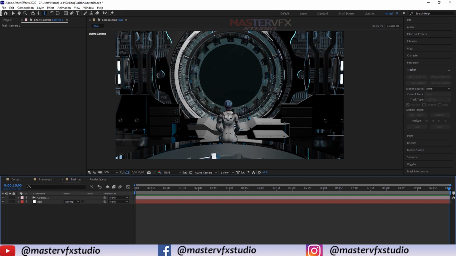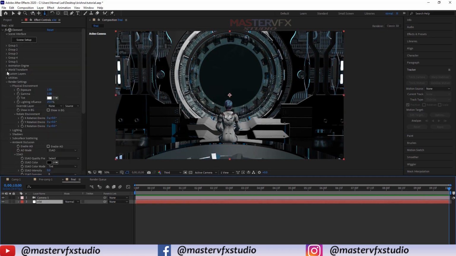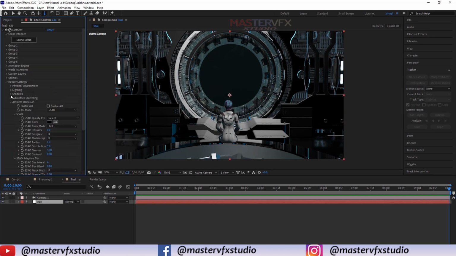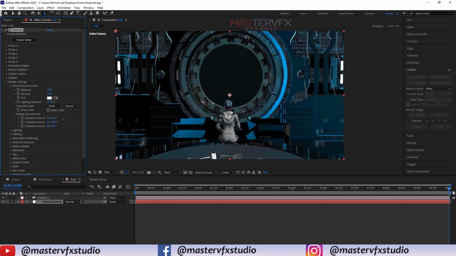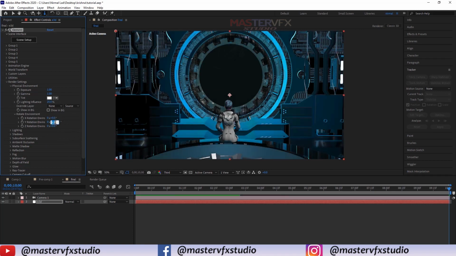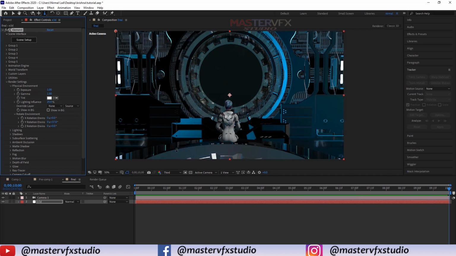Okay guys, here I changed the environment setting. In physical settings, I will change the rotation of the environment to around 37. Okay, full res, it looks very good.